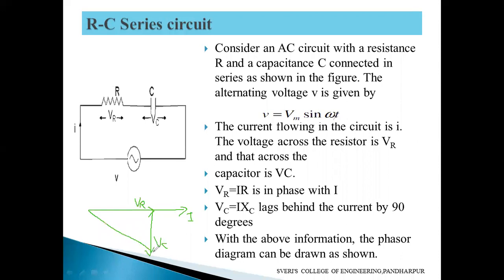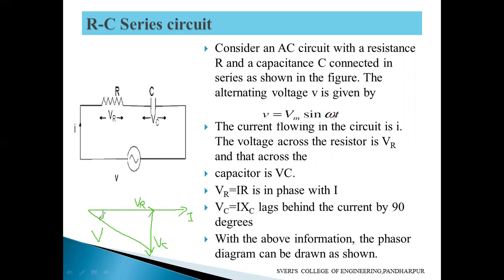Yes, total voltage, that is called V. We can call this one here. So this is the phasor diagram of the RC series circuit. We can say that one here. From this equation, I will give the angle. What is the angle between this, the voltage, and this, the current? These two angle hai na ye, this one.